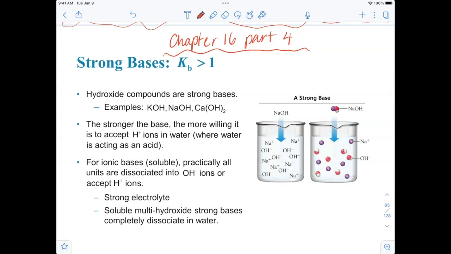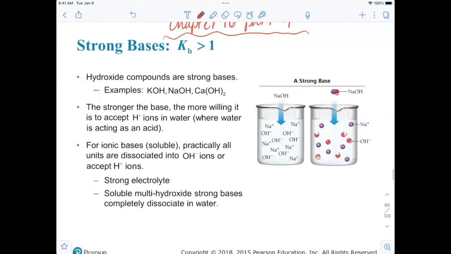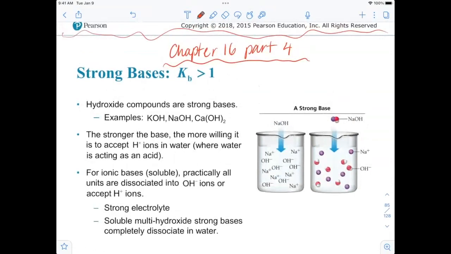Okay, so for this part right here, we are looking at the strong bases. So we just covered acids, strong acids, weak acids. Now we're focusing on strong bases in the chapter as we begin to power down towards the end of the chapter. Okay? When it comes to bases, we tend to identify strong bases by using this format here, metal hydroxides. Okay? So with the metal hydroxides, we tend to look at strong bases as group 1 and group